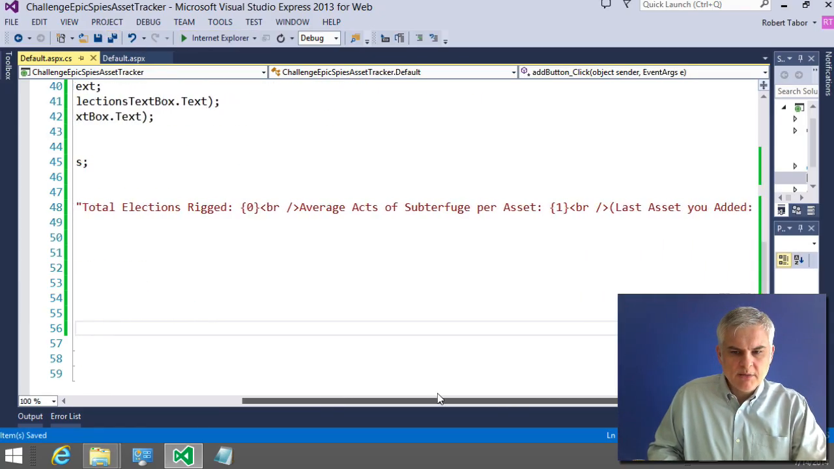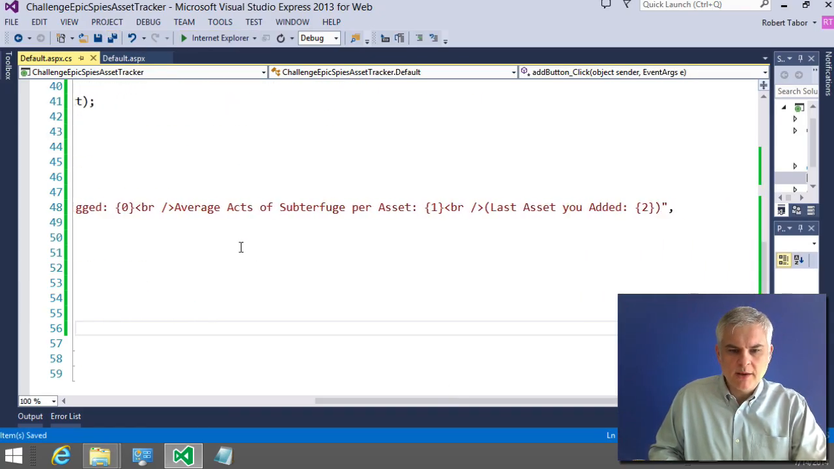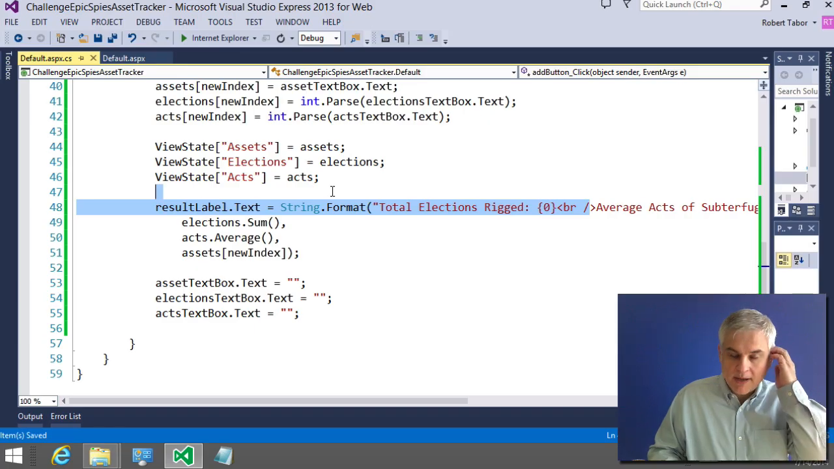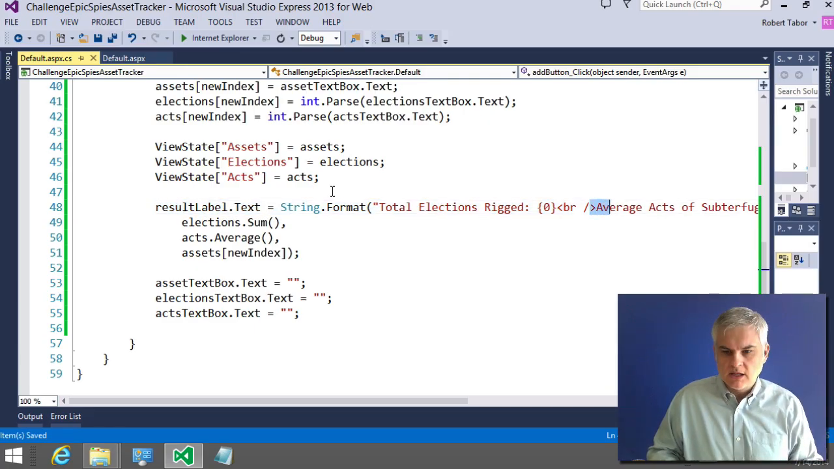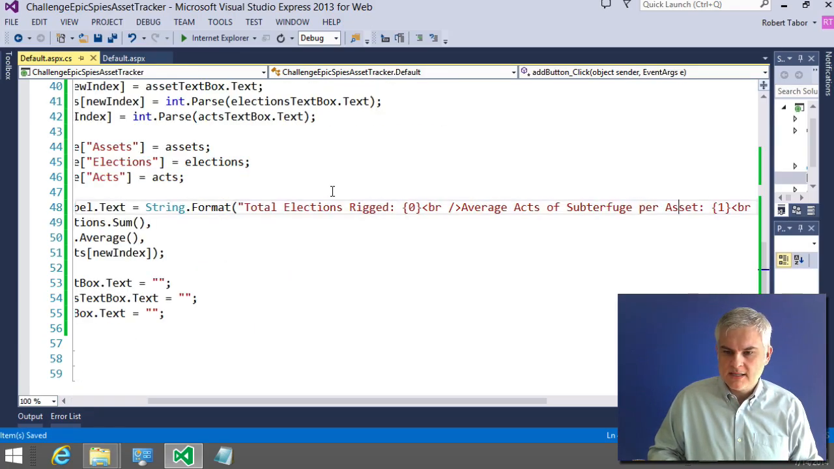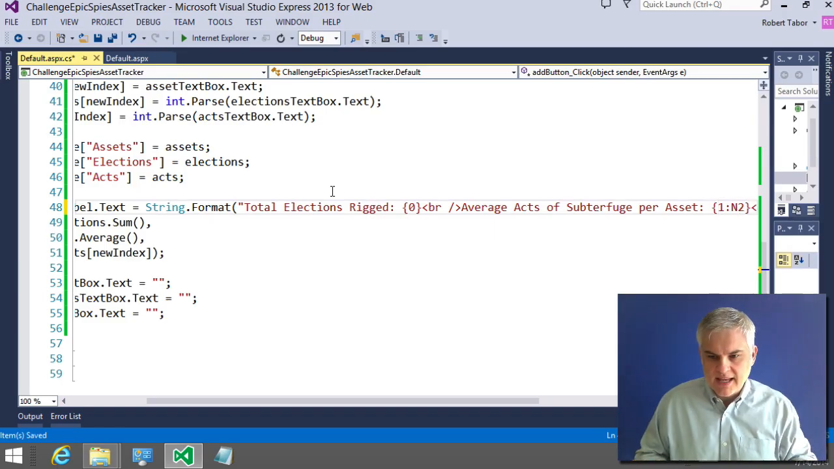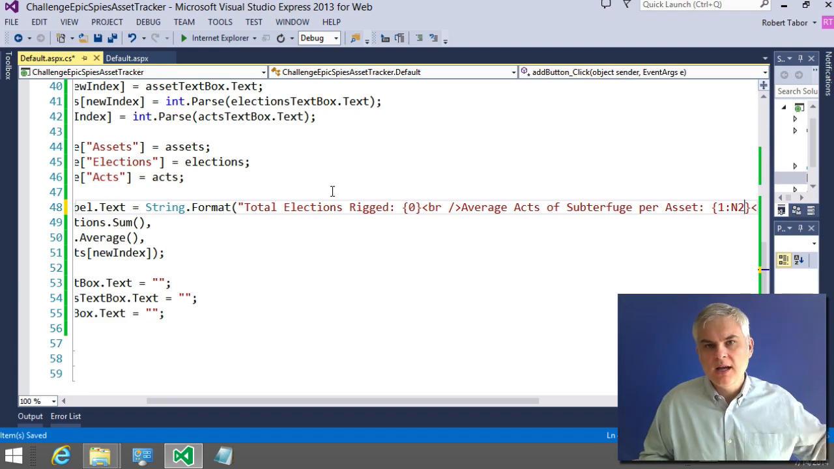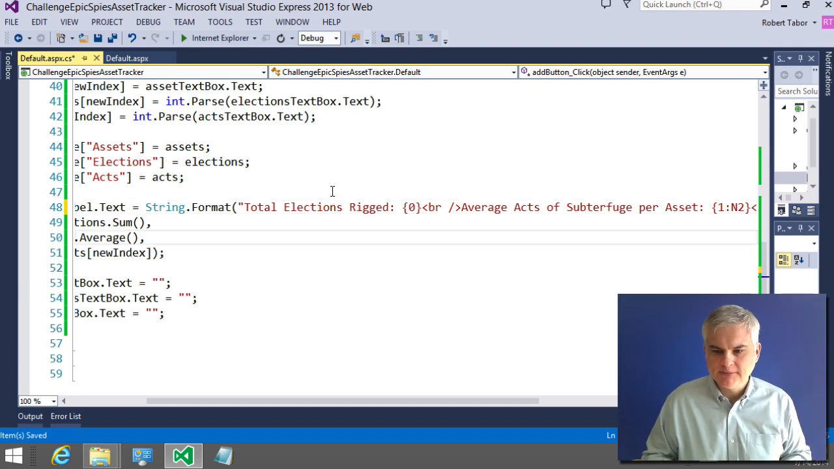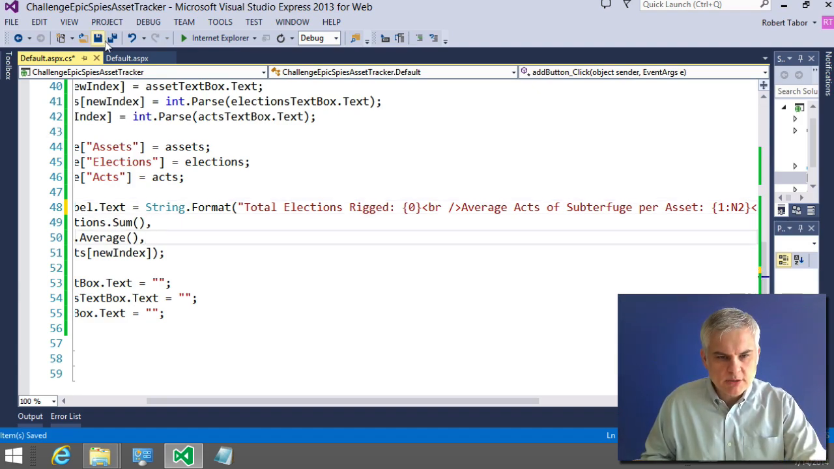I'm going to go ahead and save a few moments here. We know that whenever we're taking an average, there's the possibility that we're going to get some large number after the decimal point, or actually a very small number after the decimal point. And so I'm going to go ahead and format that with the N2 format that we saw in the previous lesson. All right, so now when we run the application,